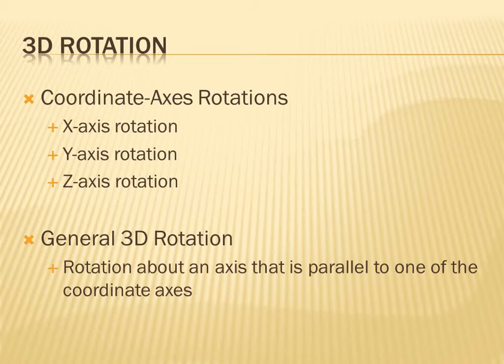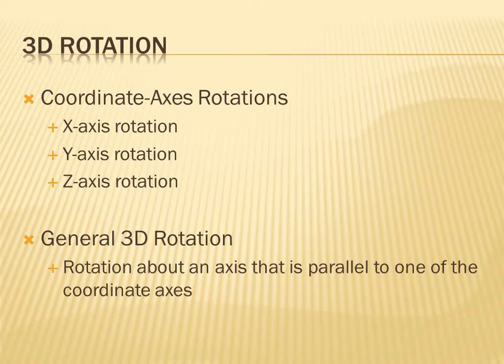For rotation, along with the angle of rotation, now we need to specify the axis of rotation also. In 2D rotation, we only need to specify the angle of rotation. In 3D rotation also, we can perform counterclockwise rotation and clockwise rotation. If you are performing counterclockwise rotation, then the angle will be taken as positive, and if you are performing the clockwise rotation, then the angle of rotation will be taken as negative.